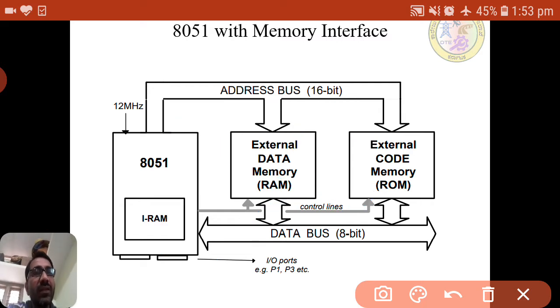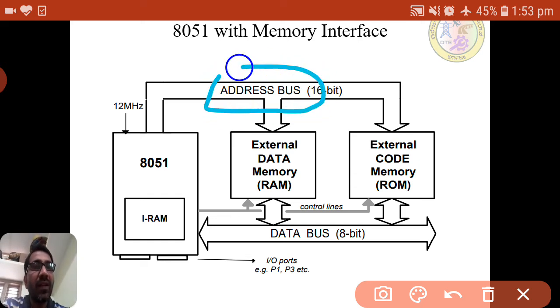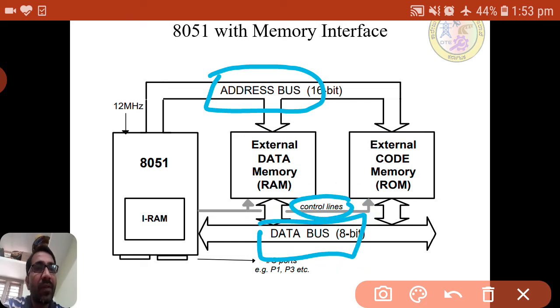Any processor or microcontroller will communicate with an external device with the help of the address bus, the data bus, and control lines. The address bus is to send the address value, and the data bus is to send or receive the data.